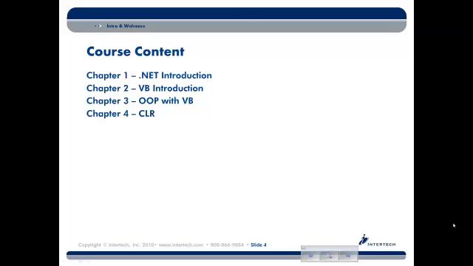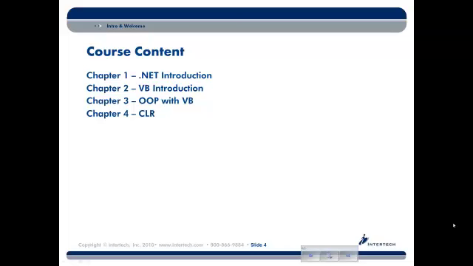Now here's a breakdown of the actual content on a more chapter by chapter level. As mentioned, Chapter 1 is going to give a nice firm foundation into what the platform is able to do. We'll talk about the role of the CLR. We'll talk about the common type system. In Chapter 2, we'll be looking at Visual Basic for the first time, including a very brief compare and contrast between older constructs in previous versions of BASIC and how that's been changed under the .NET platform. Chapter 3 is where we're going to be talking quite a bit about object-oriented programming, and that's where we're going to see lots of details about the pillars of OOP